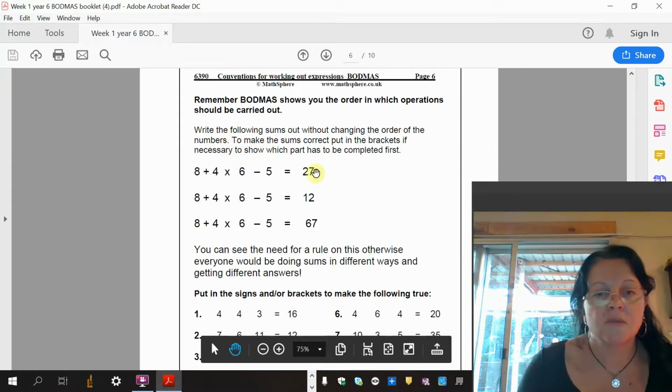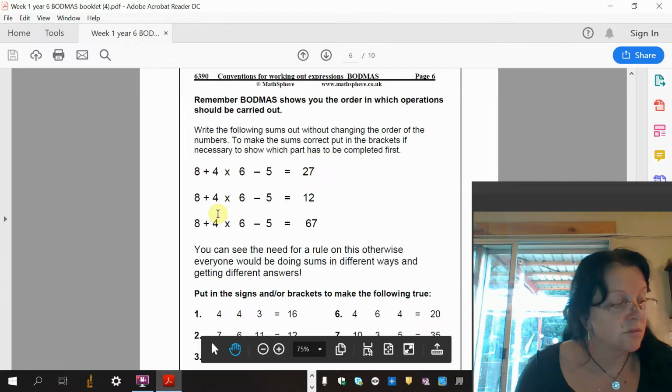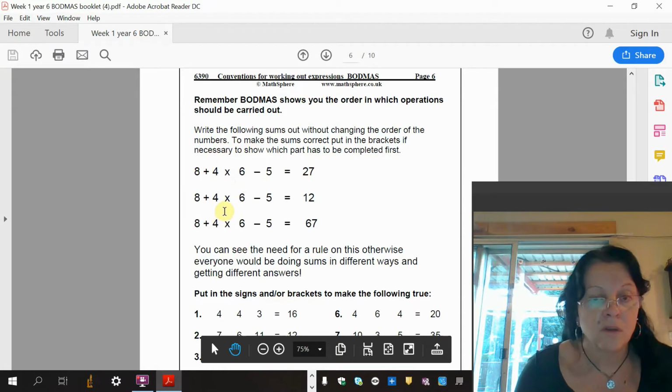What this one is saying to us is that with these numbers, without BODMAS, we get a different answer each time. So, for example, 8 plus, and if we put the brackets around 4 times 6, so we go 4 times 6, which is 24, take away 5, and then add 8, we get 27. But if we move the brackets around in a different way,